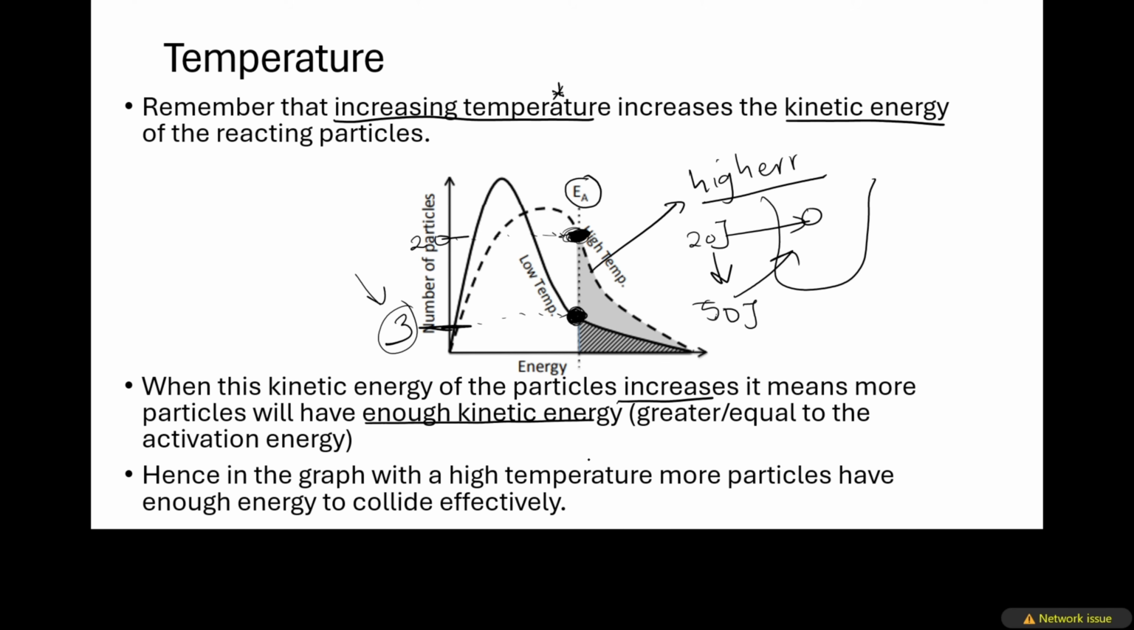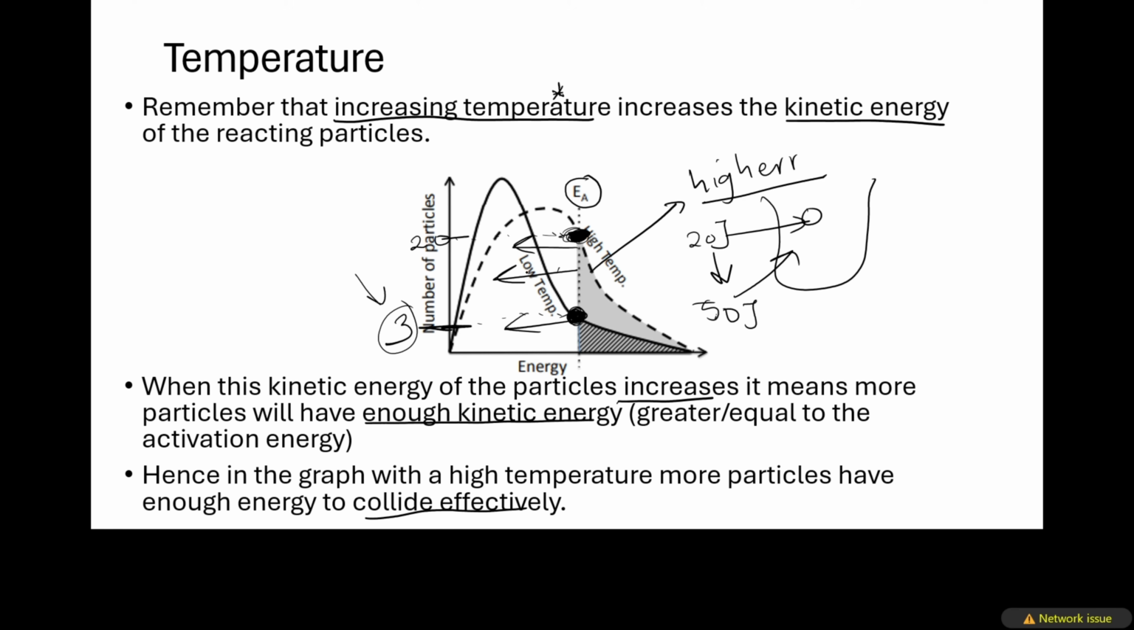Hence, in the graph with a higher temperature, more particles have enough energy to collide effectively, for an effective collision to take place, for them to form a product. So it means all of these particles that have got an energy that is less than the activation energy, they will not be able to react